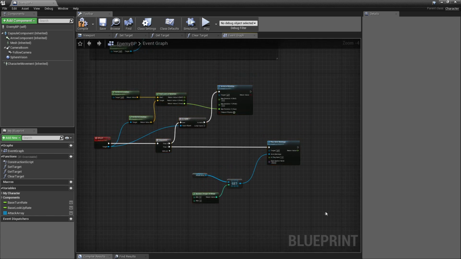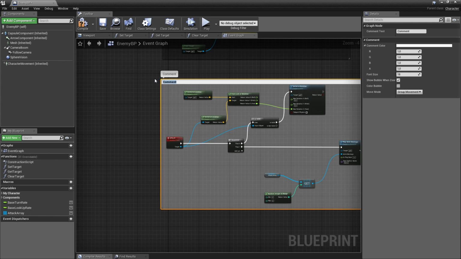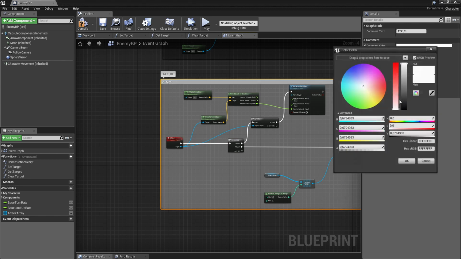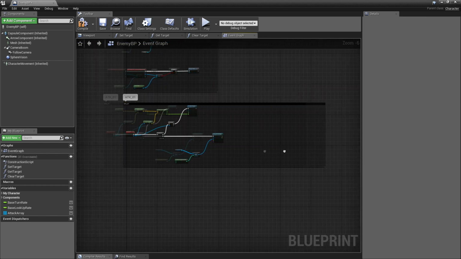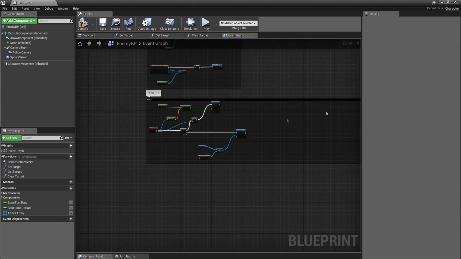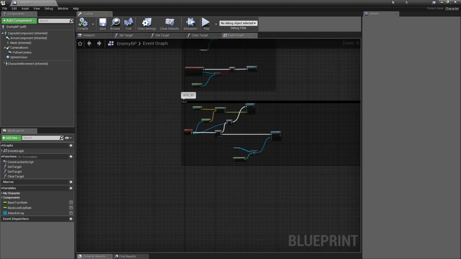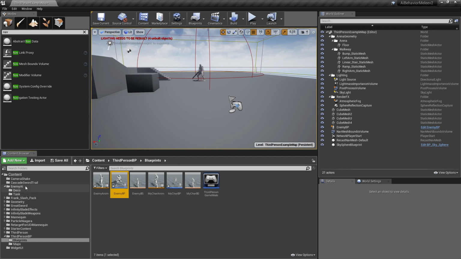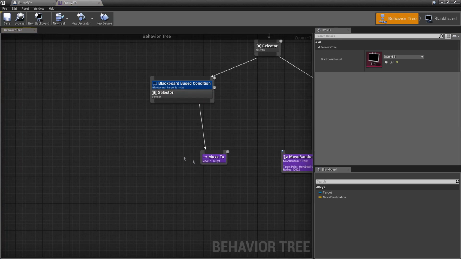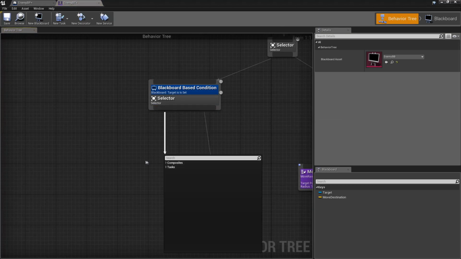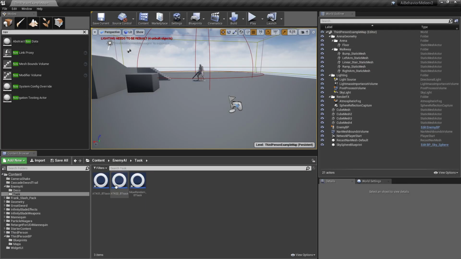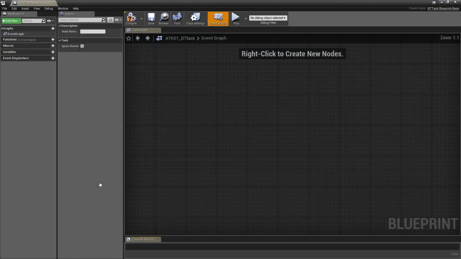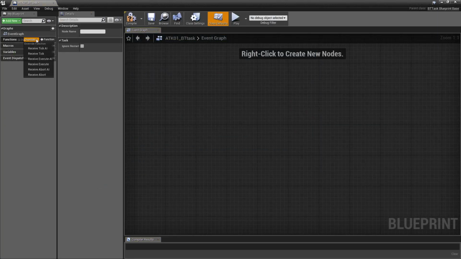So take this and comment this out. Attack 01, I'm just gonna put it black. Later on we can make space and do other logic over here, but for now it's gonna be fine. You're going to go back to the enemy behavior tree, and you're going to go back to the task that we made for the first attack, and over here we